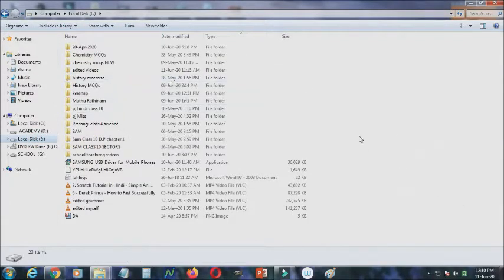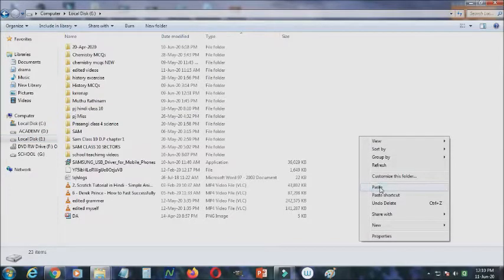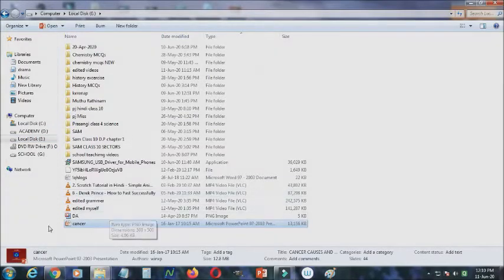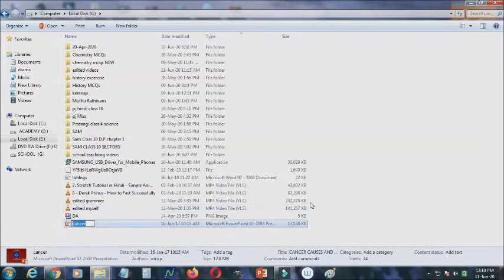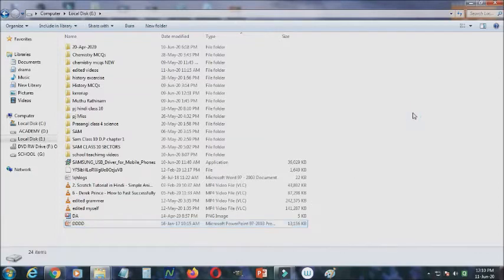There, right click and choose Paste. So that will be pasted here. Or if you want to rename a folder or file, just select it and right click. You will get the shortcut for Rename. Just click Rename, then you can rename the file or folder.